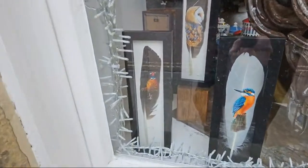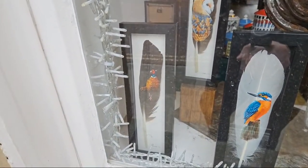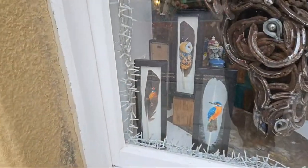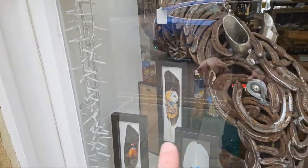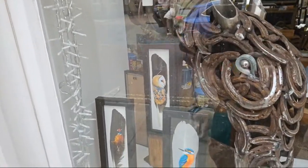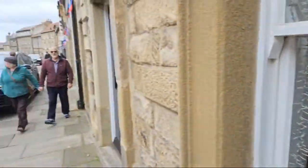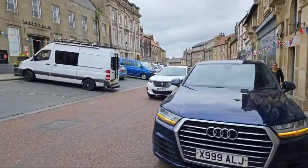And there's a little pheasant. So you see on that feather on the left there, at the bridge I was describing the pheasant, which is like a rusty brown and then it has like a coloured face. So that's one there. That's not necessarily an actual feather from that, because that barn owl is not a feather from a barn owl, obviously, and the same with that kingfisher. But that's just what that bird looks like. Okay, so if we pop down here,